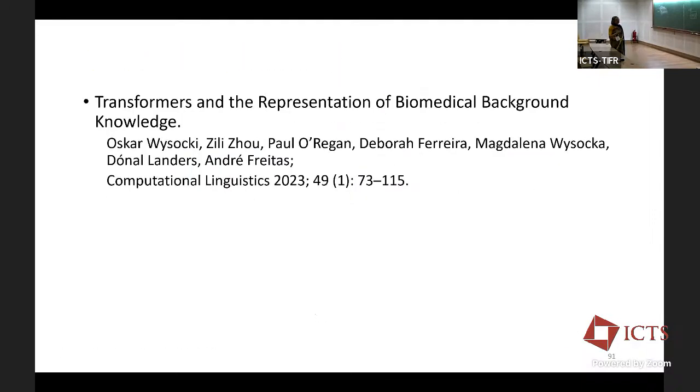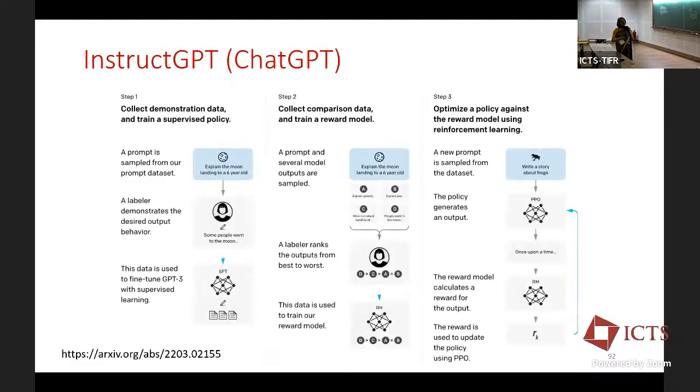This is another paper, 2023, Computational Linguistics. So nowadays, in the last 1 or 2 years, most papers have shifted to making use of these large language models for information extraction. Before I end, I just want to mention a little bit about